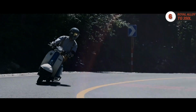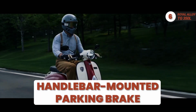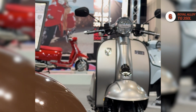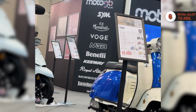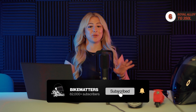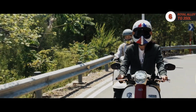Alongside this, you'll find a full-colour TFT display, LED lighting, a handlebar-mounted parking brake, all encased with a steel frame bodywork. As manufacturers such as Vespa and Lambretta move into a far more modern era, something Royal Alloy has done well is cling to the iconic roots and looks without having to skimp on tech. In fact, much of the tech included on the TG350 is seen on all of the Vespas and Lambrettas we